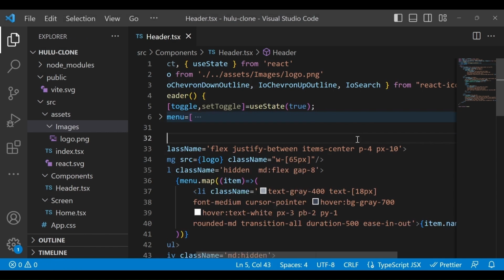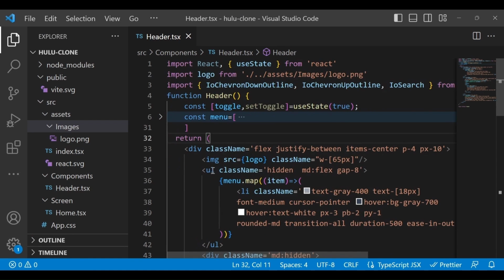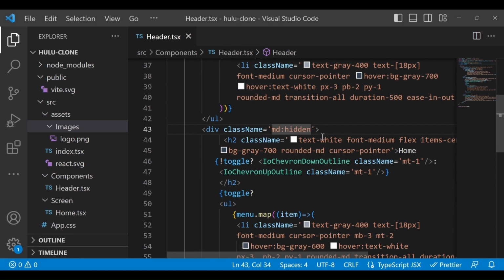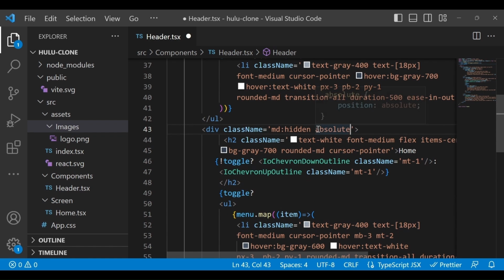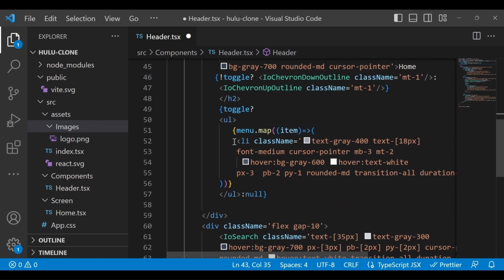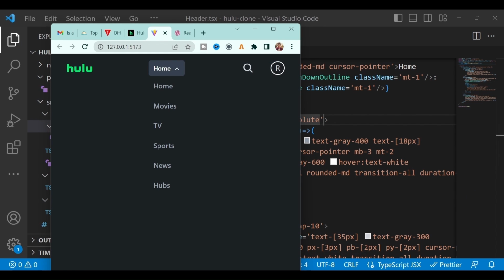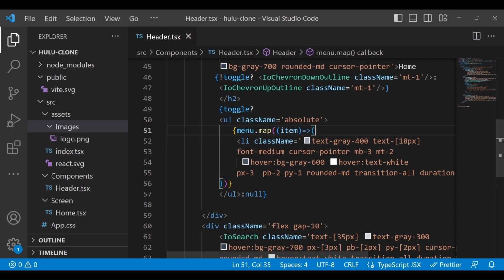So you have to make this div absolute. Actually, not this one, you have to make only the list absolute. So if you come back here, you have to make it absolute, okay? In order to put it in the center, now everything goes up, so let's give a background first, and then we will add other styles.